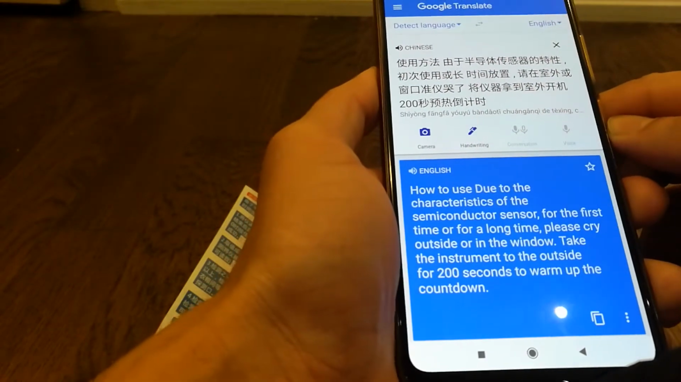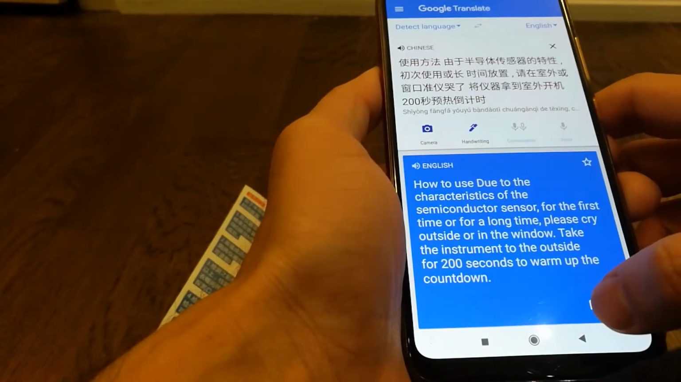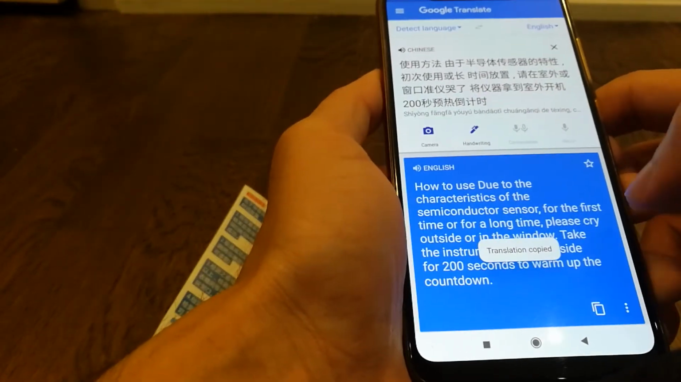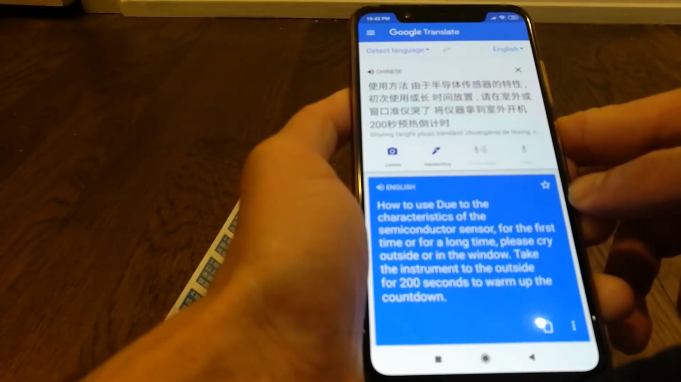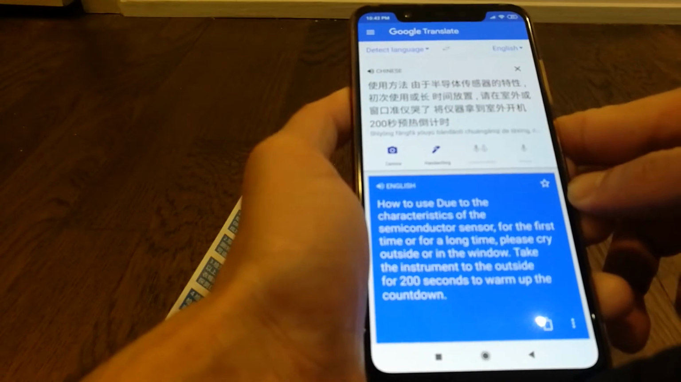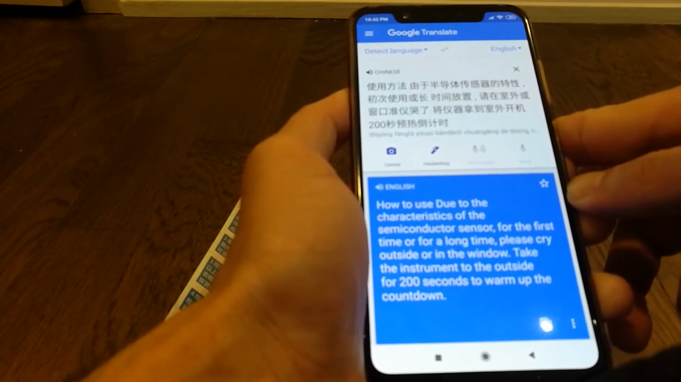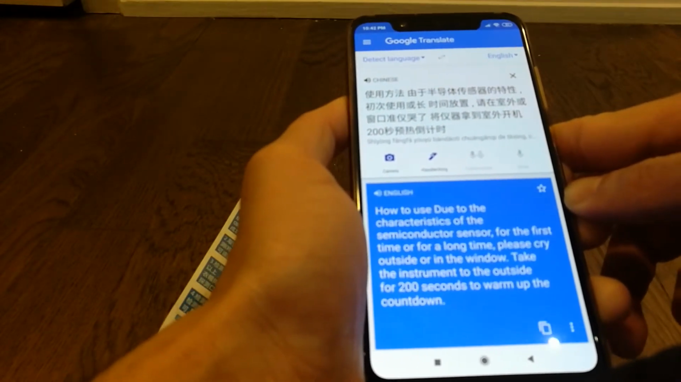So I got it into text as well, and if I need to send it to someone, I can copy the text as well. Pretty useful feature, and that's it. That's how you can translate a document automatically, instantly,